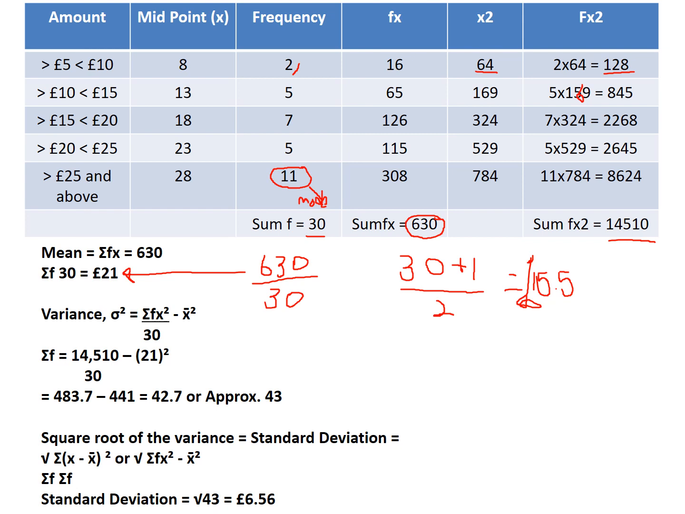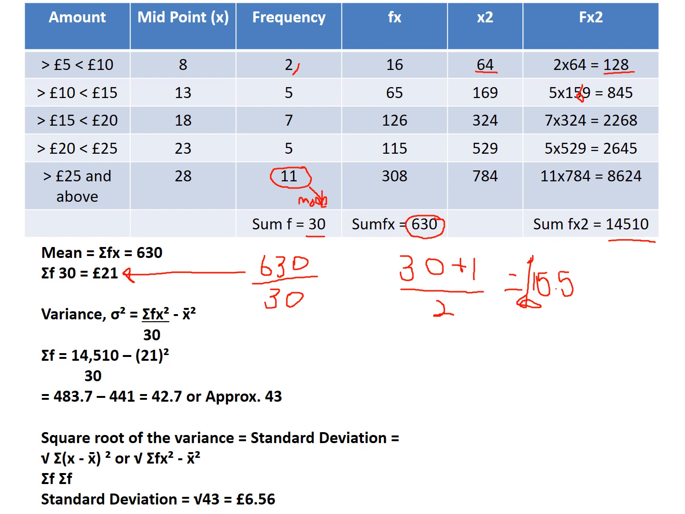Now 14,510, you divide by the total frequency amount, which gives you an amount of £483.70, and then you square the mean. You square the mean, and that comes to £441, and you take away the difference between the sum of the